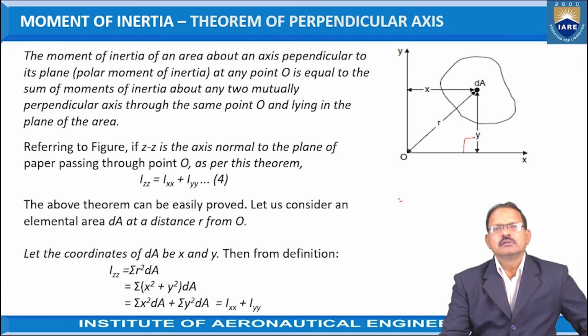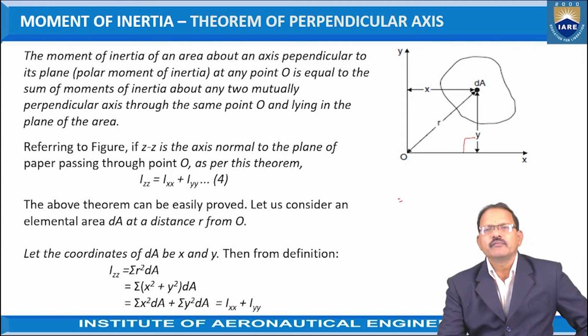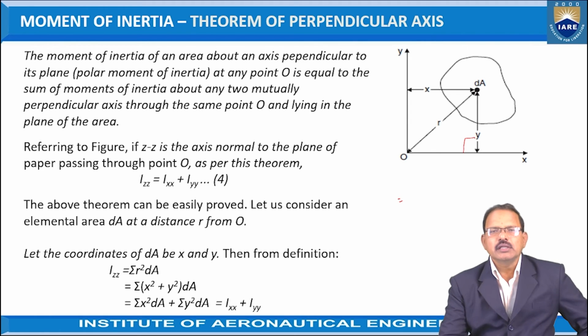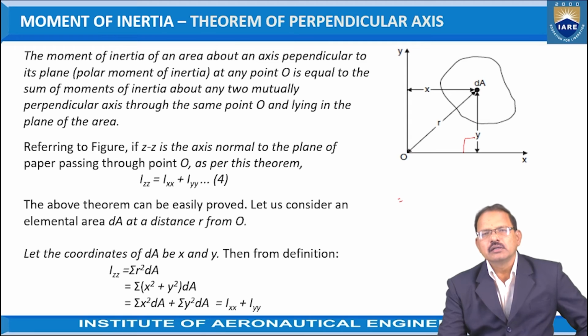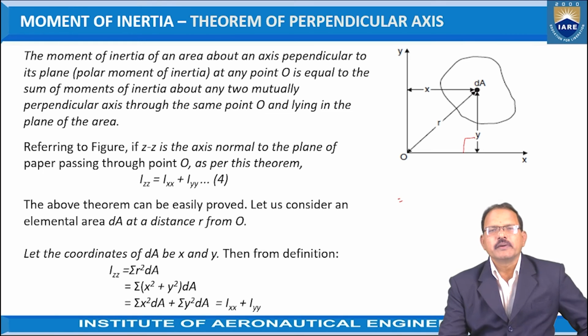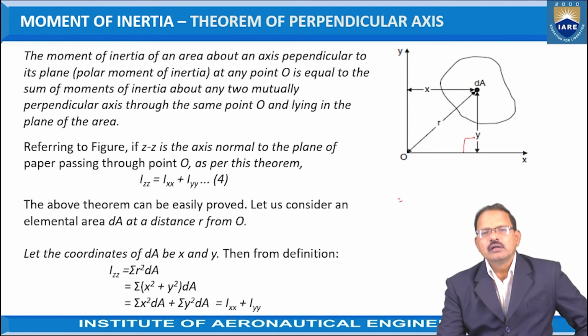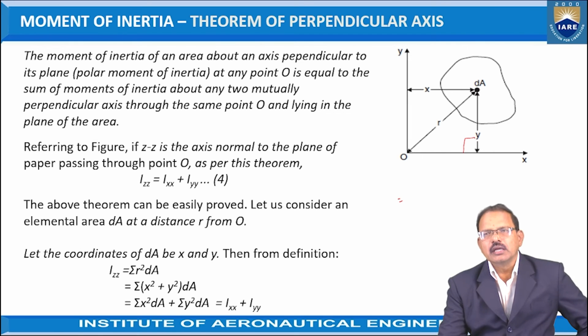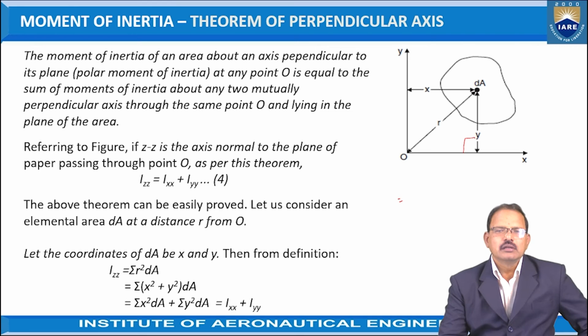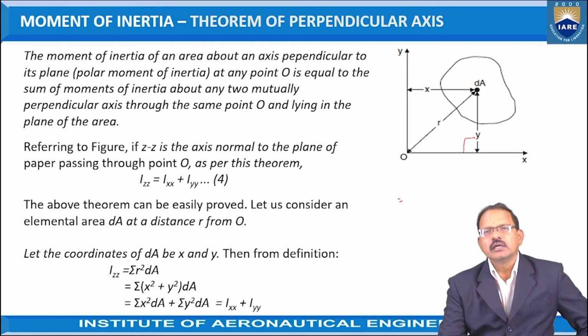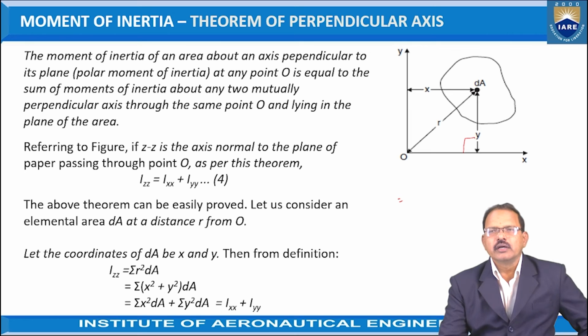But sometimes, in order to determine the polar moment of inertia, we require the moment of inertia of the plane area about the two axes which are perpendicular to each other and pass through the axis which is perpendicular to that plane. So, according to the theorem of perpendicular axis, IZ represents the axis perpendicular to the plane, and OX and OY represent the two perpendicular axes passing through the Z axis. Let dA represent the area according to the rectangular planes X axis and Y axis. Assume x, y represent the coordinates.